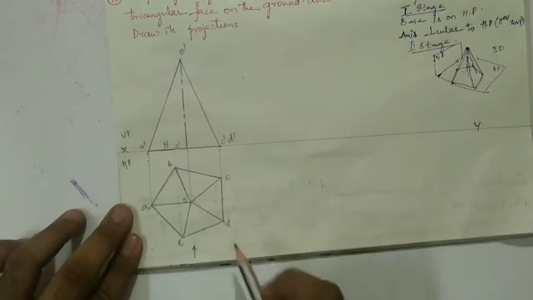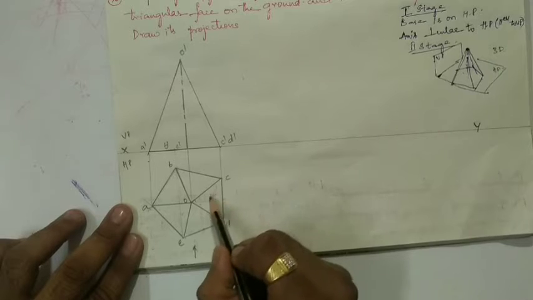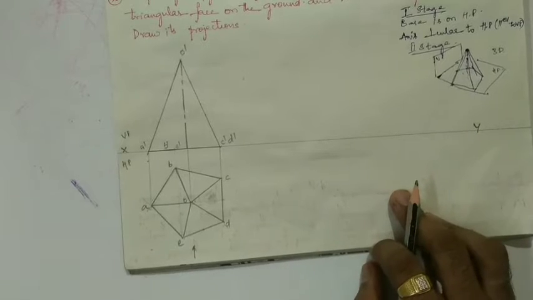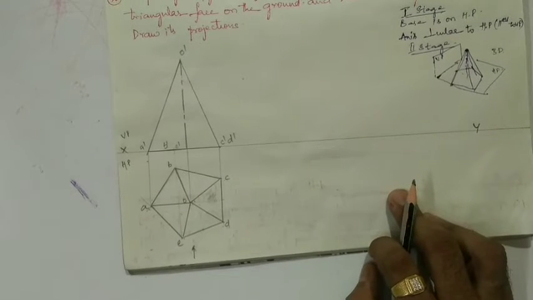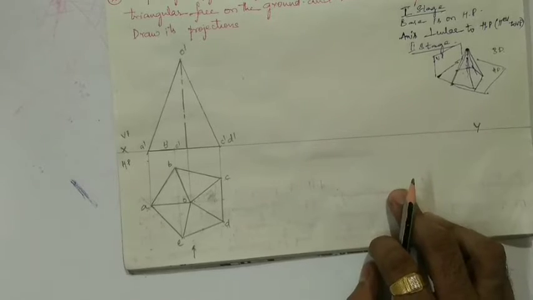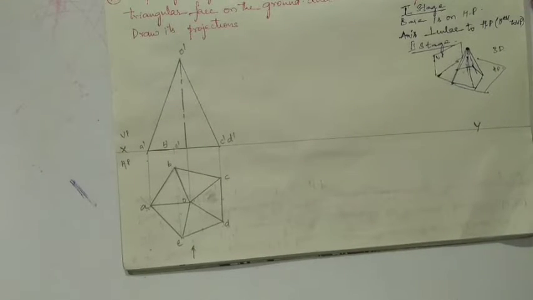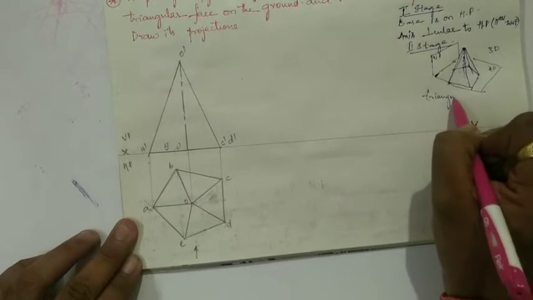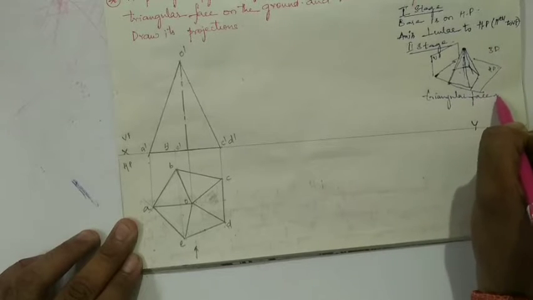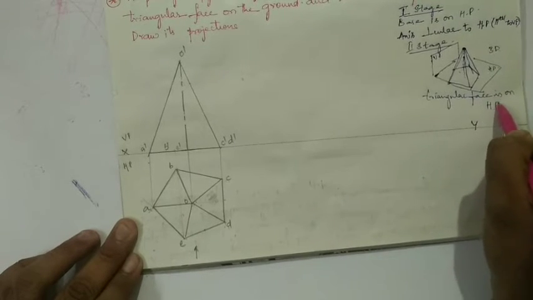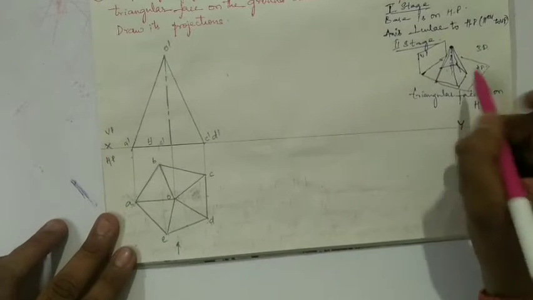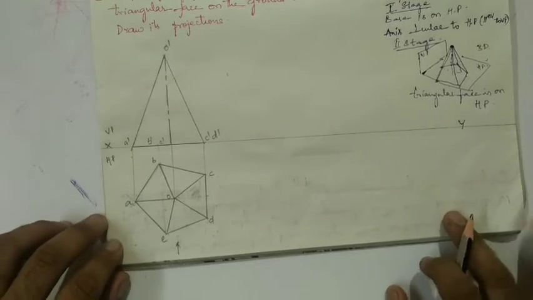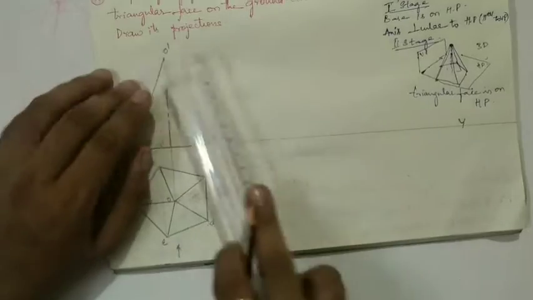Now the thing is that you need to see this. This complete portion of this triangular face is there, no? So COD is to be completely made to rest on the ground. Ground is nothing but the horizontal plane. As it is given for us in the second case, the triangular face is on HP, so we make this one triangular face sleep, to completely rest on the HP. So first measure the distance from O dash to this point.